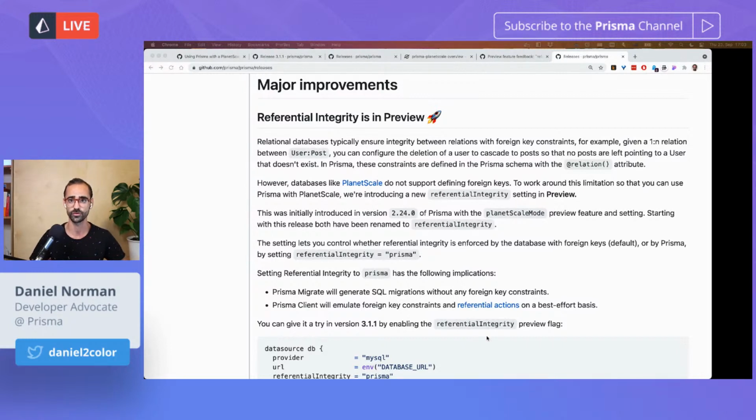For example, the most common example is the classic example of a user model and a post model. Each of these models maps to a database table. So you have a one-to-many relation between a user and a post. And in that case, when you have a user that has, say, 3 posts, what happens when you delete that user? Should the posts be kept? Should their foreign key be set to null? Or should that be restricted? All of this is something that can be controlled on the database level.